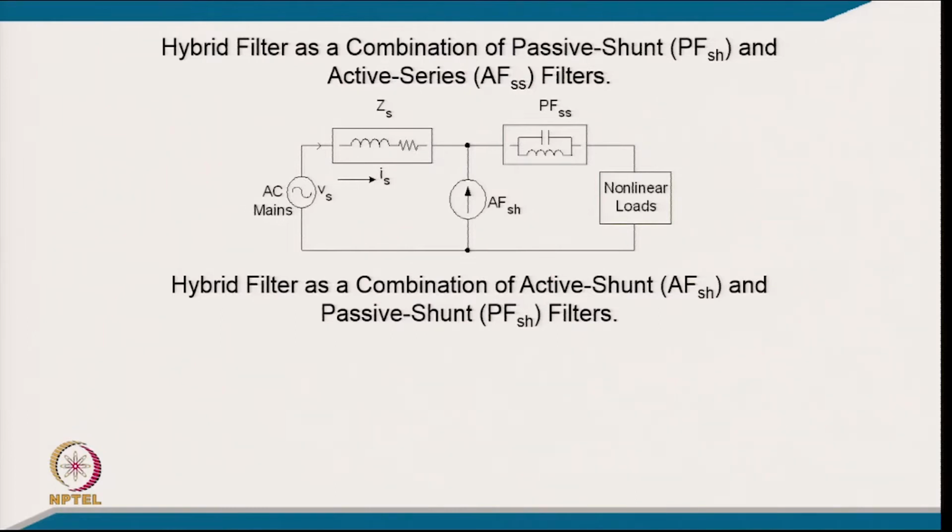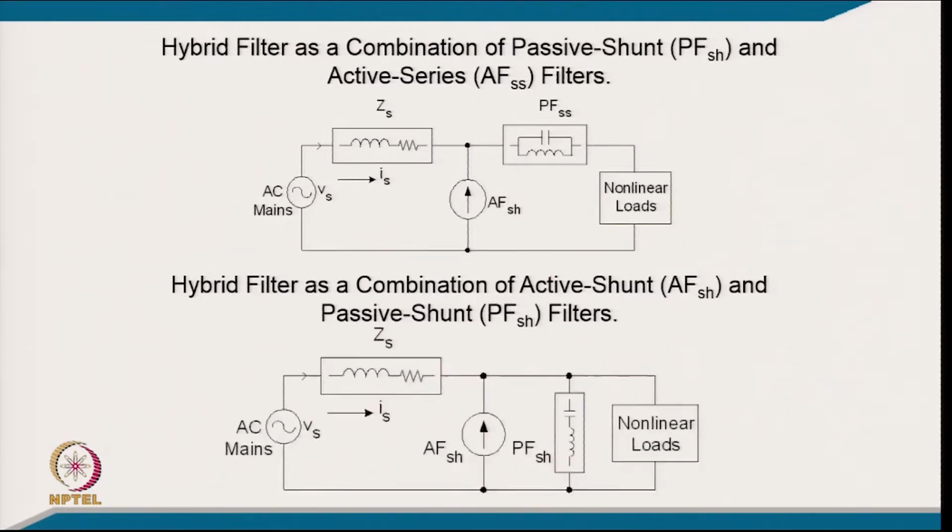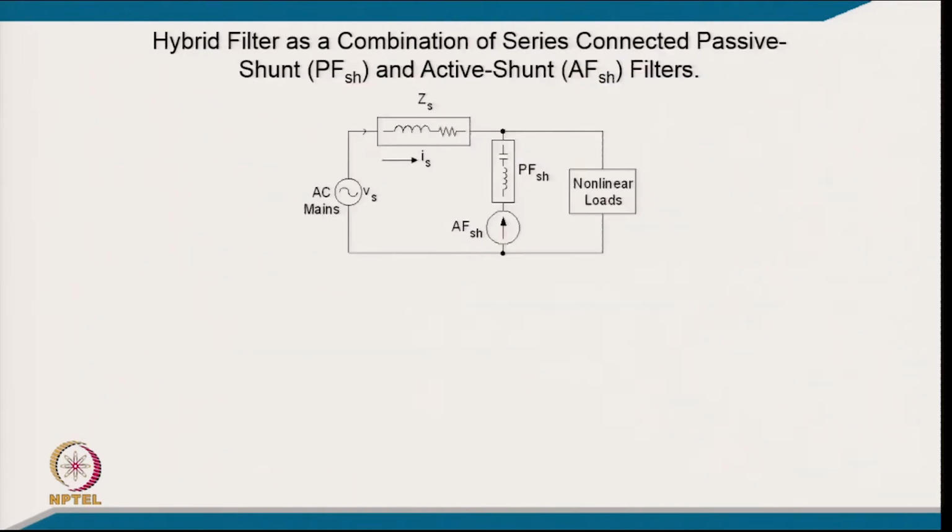This is another option: you can have a passive in series and then an active filter in shunt, or you can have both in parallel, passive shunt and passive series. In this case the major rating can go to the passive shunt, a small rating can go to the active shunt, and the drawback of the passive shunt can be eliminated. This is another very popular configuration: we have a passive filter to avoid the resonance, and to make it effective we put a small series active filter, maybe not more than 4 to 5%, so 95% of the burden goes to the passive